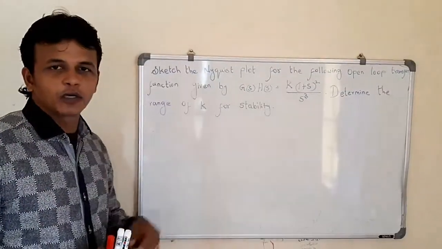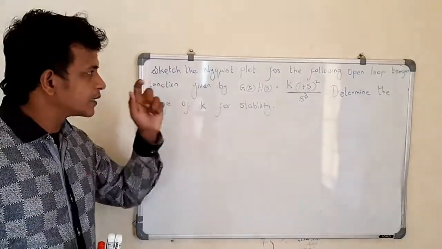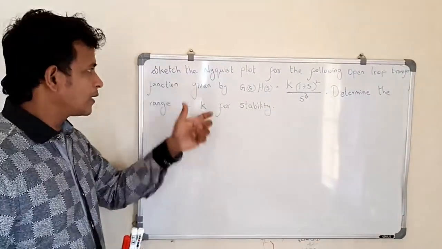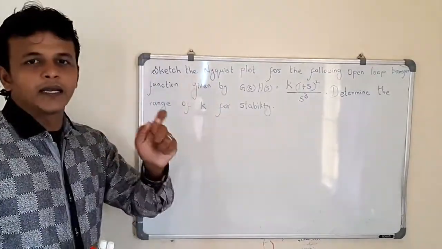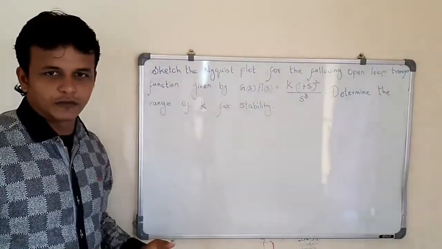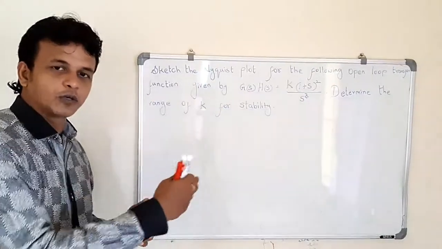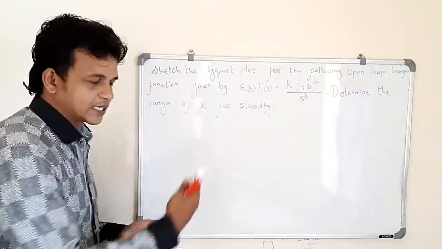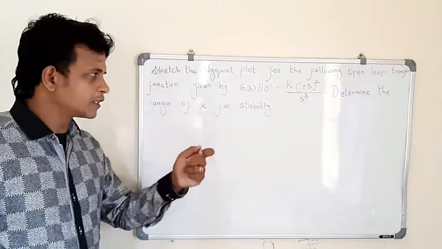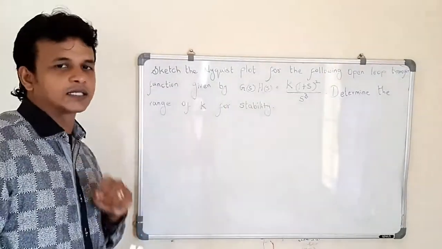Here, to draw the Nyquist plot, we are going to plot in the GSHS plane instead of the S plane. That is the main thing. We determine the Nyquist contour in the S plane for the given open loop transfer function, and we transfer that Nyquist contour from the S plane to the GSHS plane. That is what we are going to do for the Nyquist plot. So first we must understand what is meant by Nyquist contour.